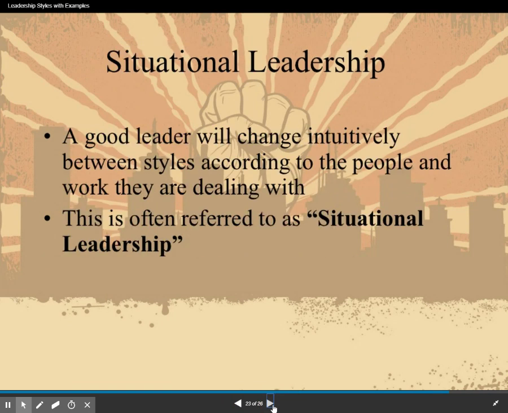Situational leadership. So sometimes leaders are leaders just because of what's going on. So sometimes people are put in a leadership role because a leader has been asked to leave. Sometimes you're put in a leadership role because nobody else wants to do it. If I give you a group assignment and I have you assign a leader, sometimes everybody's like, not it, not it, not it. And then it's a situational leader where basically they have to be the leader so that the project gets done. Sometimes it happens that way.